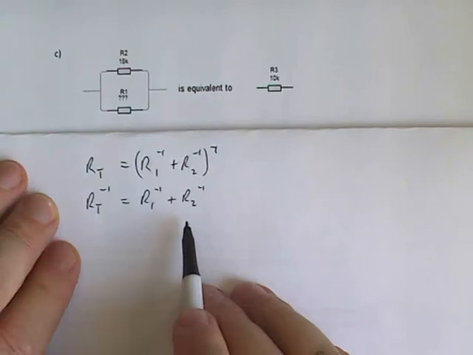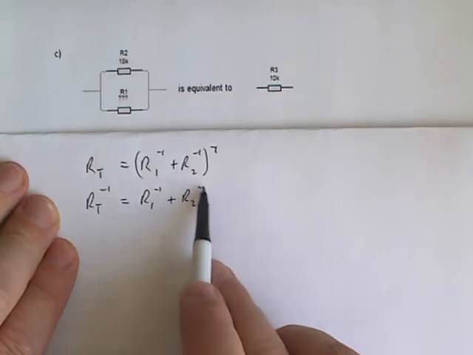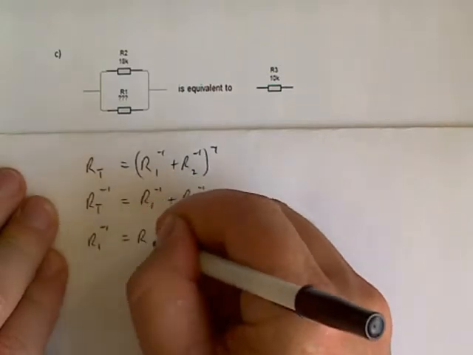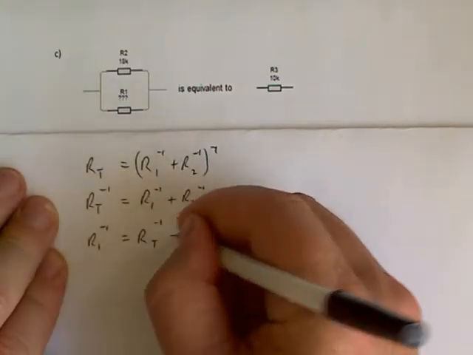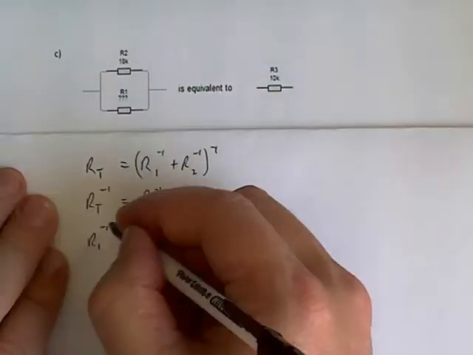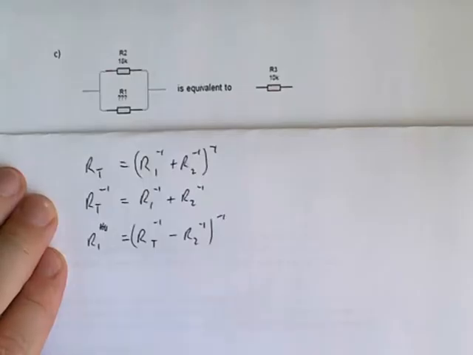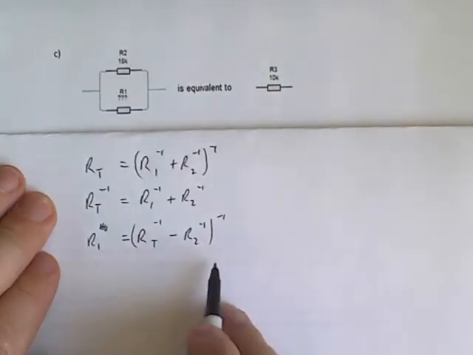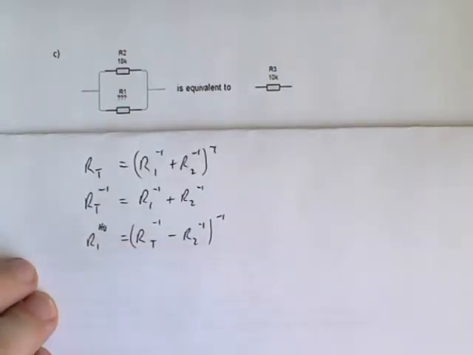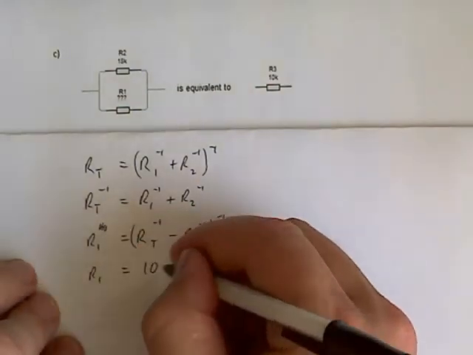Because then what I can do to isolate R1, R1 is the unknown, I can subtract R2 reciprocal from this one. So R1 equals RT reciprocal minus R2 reciprocal. And to get rid of that reciprocal, which I can do now, I'll just put a bracket around it, take reciprocal. Okay, so it looks very similar to my equation from before, except I've got to subtract now from my total equivalence reciprocal. So R1 equals, I'm just going to work in K here,